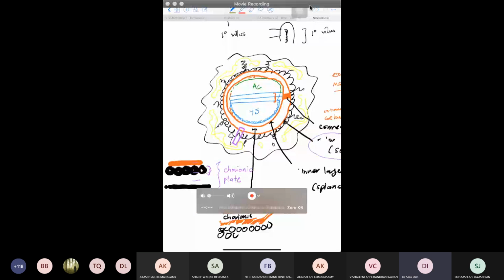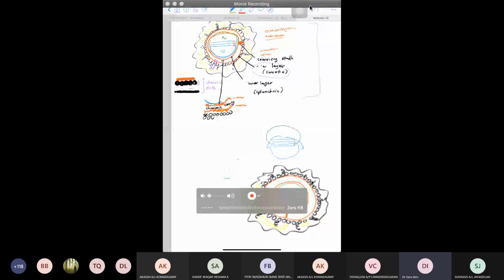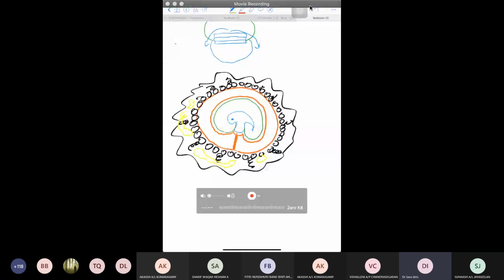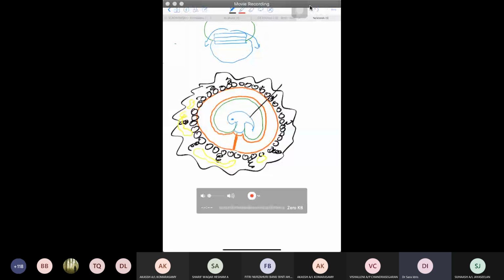All right, so eventually after folding, what first looks like this, you can see it, right? Okay, what first looks like this will look like that because of the folding of the embryo. You've now made your amniotic cavity bigger and made your yolk sac smaller. So again, this here is your embryo, all right? This here is your amniotic cavity, all right? That's your inner layer